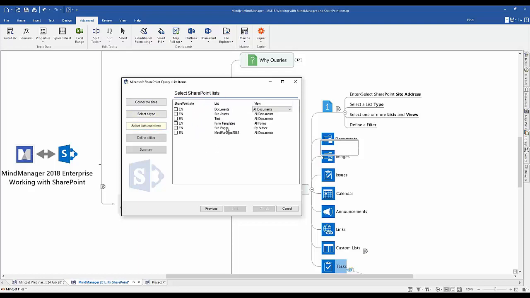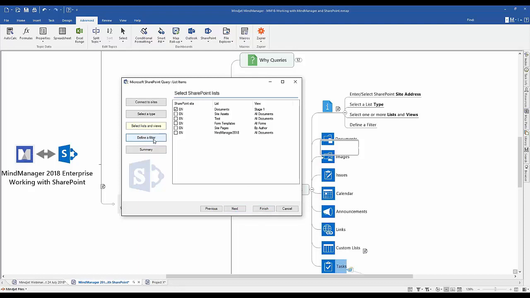I want to look into one specific document library, this one. And if I want to, I can be even more specific. I don't want to use the all document view; I want to use a predefined view. For example, I've created a view that only shows me all the content in SharePoint with a value of stage 1 in the stage field. And then I do this. I click